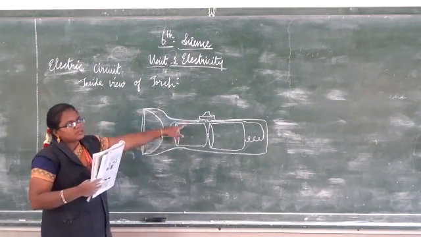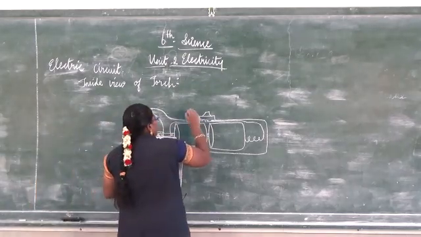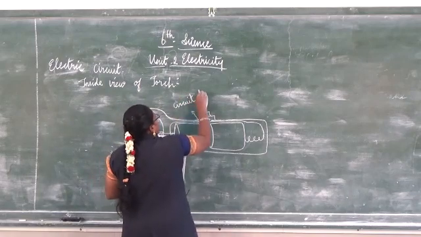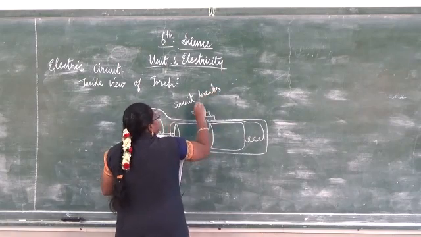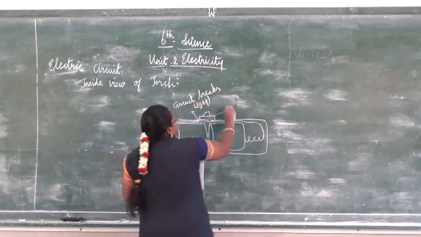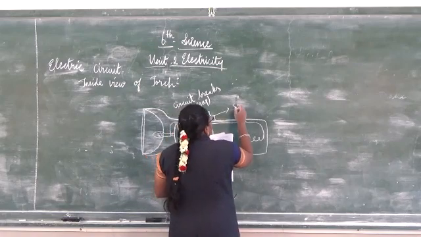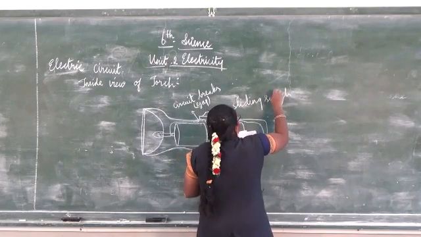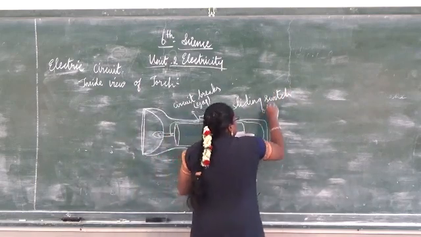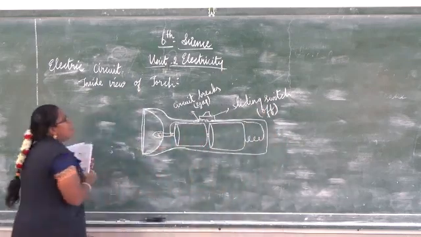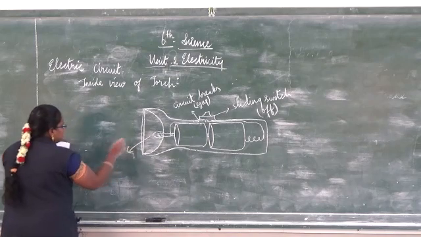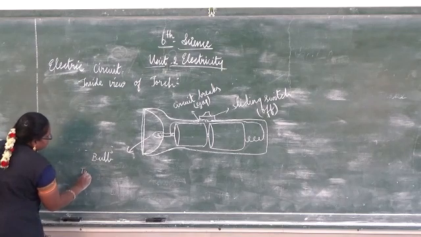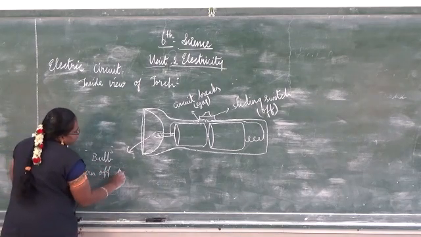So this place is called a circuit break. Circuit break. Okay, gap. This is called a sliding switch. Sliding is nothing but a moving switch. That too, in what position is it now? Off position. Understand? The sliding switch is now in off position. Next, this one is the bulb. That too is in turn off position.